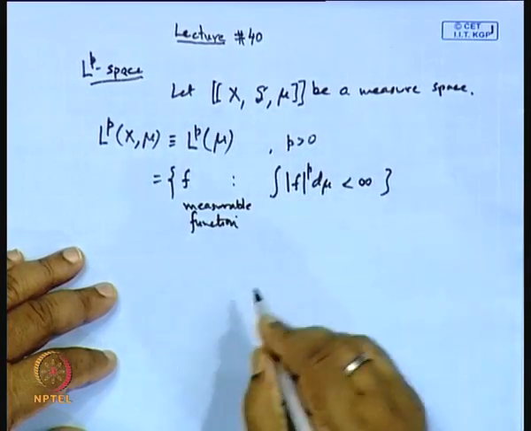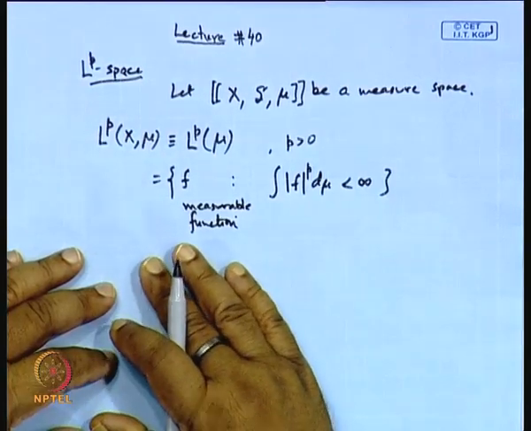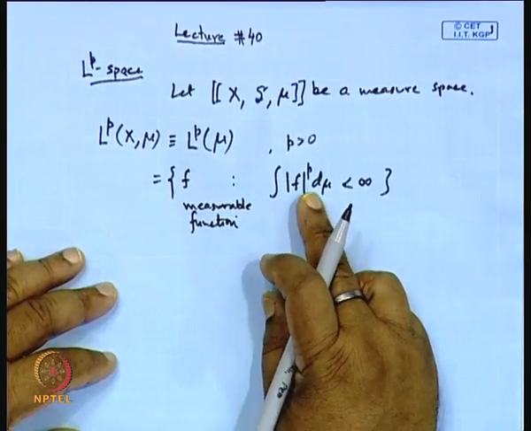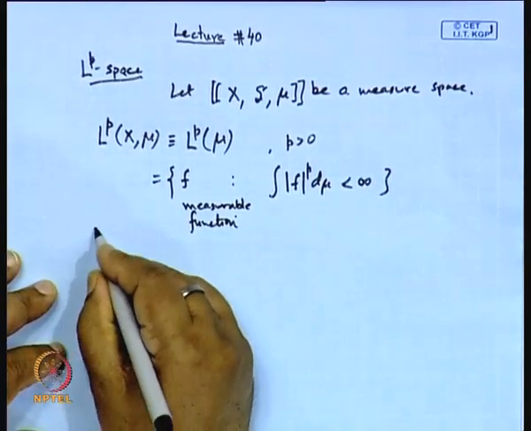So, basically the capital LP space is the collection of all such measurable functions where the integral of mod f to the power p d mu is finite, but with a convention